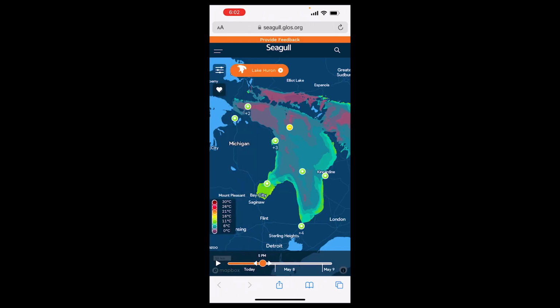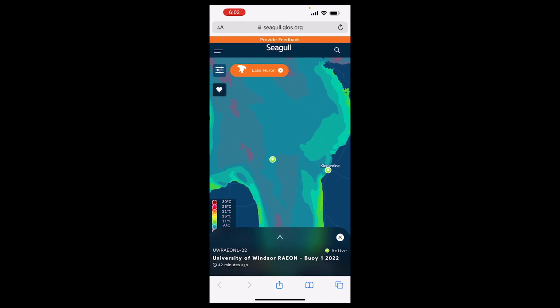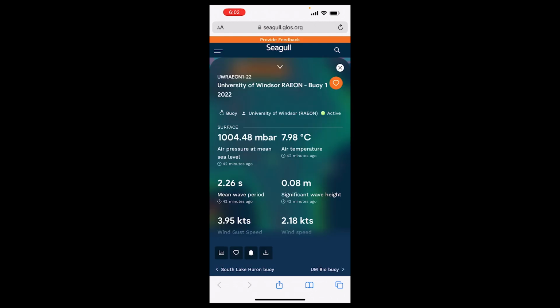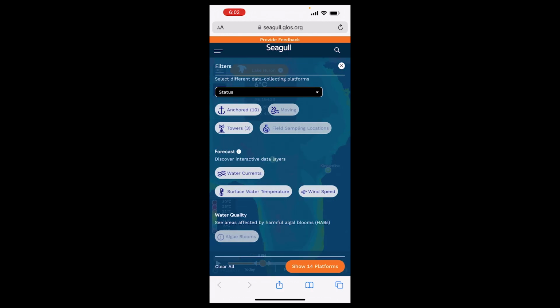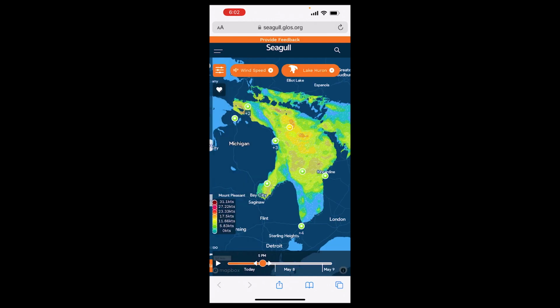So let's just see now if we go back to that, and we want our wind speed here, and let's just see what we get. I think I must have clicked on something else here, but we're just going to go back. There it is, I've got it. The wind speed. Let's see what that says now.